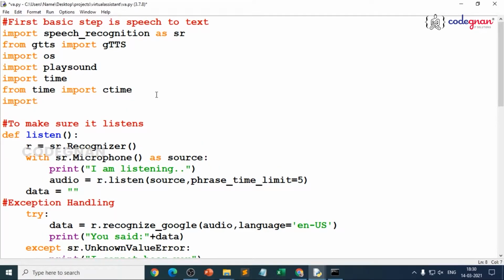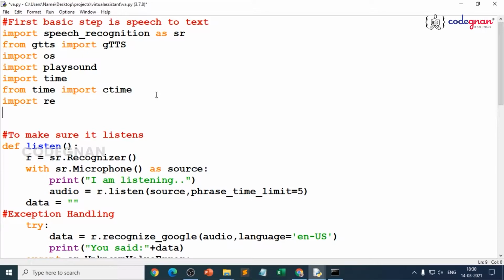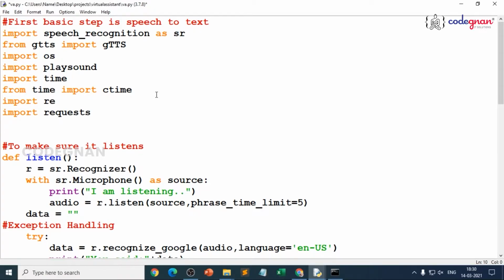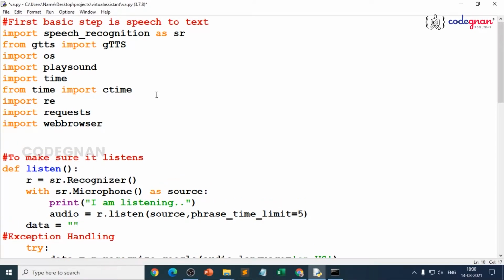So first let's import re, because we'll be making our virtual assistant open a web page, but it should search. For that reason we'll be using regular expressions, a very important module where you try to find or search the relevant string. Then we'll use request, which is already present, to connect to a web page. And we'll be using webbrowser, which is already present in our default Python version, so that our browser is enabled. Webbrowser is for opening the web page, and whatever we have installed recently is beautifulsoup4, that is bs4.